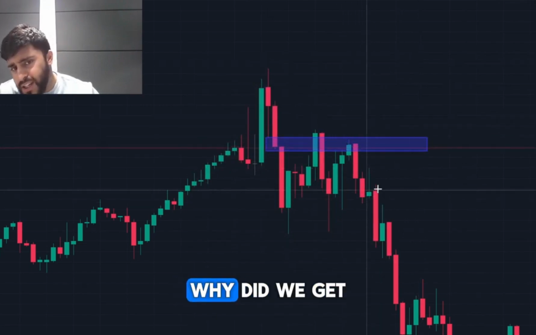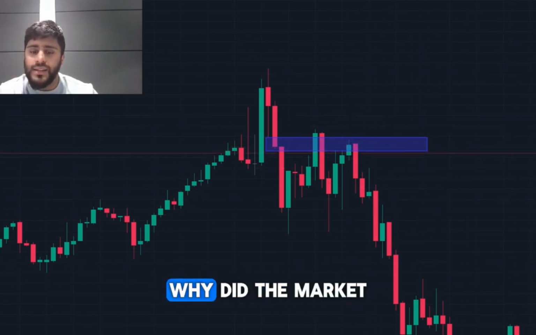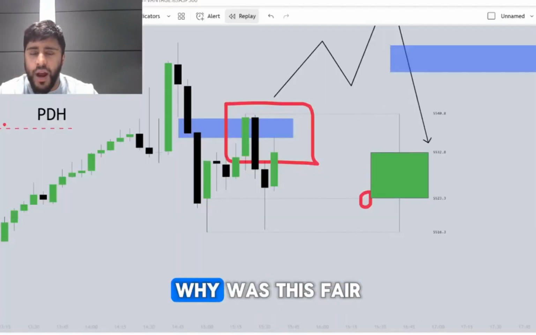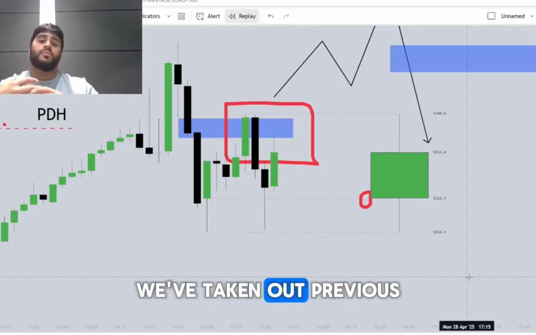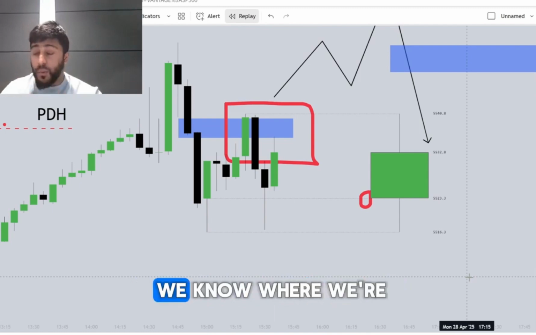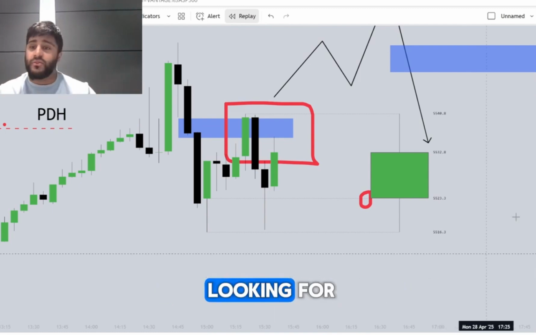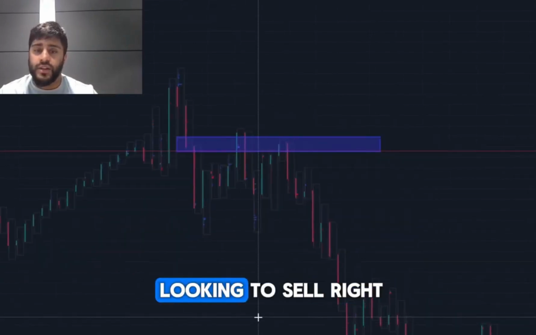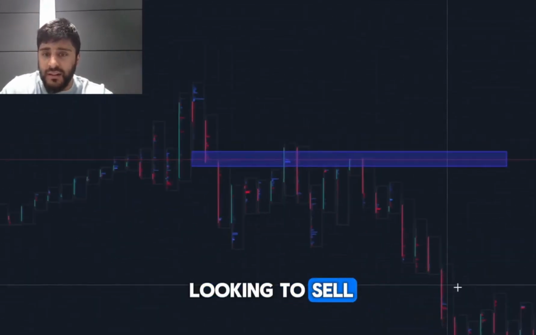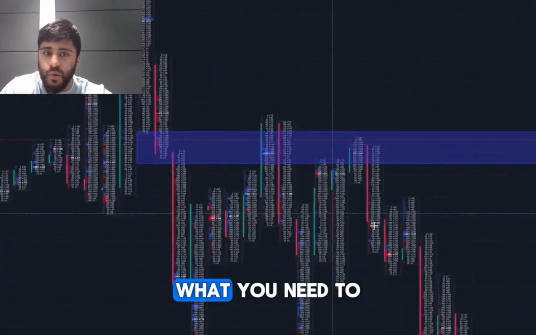So the question is, why did we get the rejection off here? Why did the market actually reject, right? Why was this fair value gap valid? So we're above the 10 a.m. Eastern. We've taken out previous day high. So we know where we're looking for trades. We know what we're looking for. Now we need to understand, why did the market go down and why are you looking to sell, right? So the reason we're looking to sell, if we just zoom into these candles, what you need to understand first